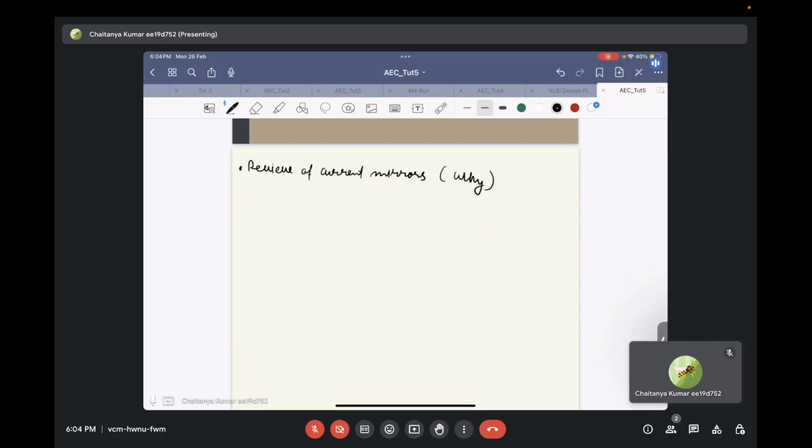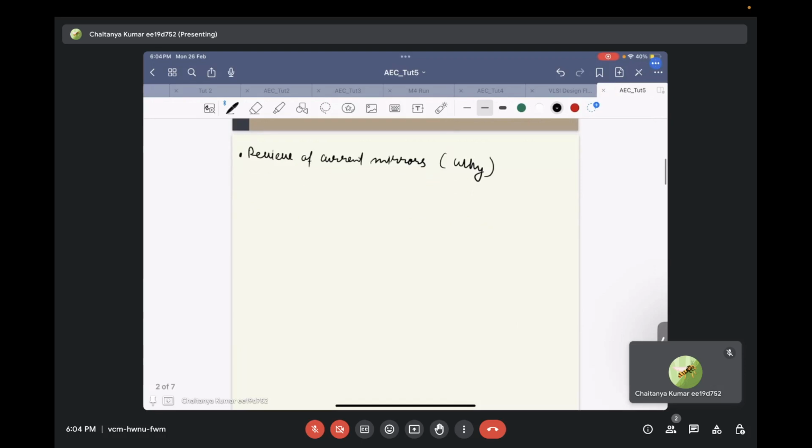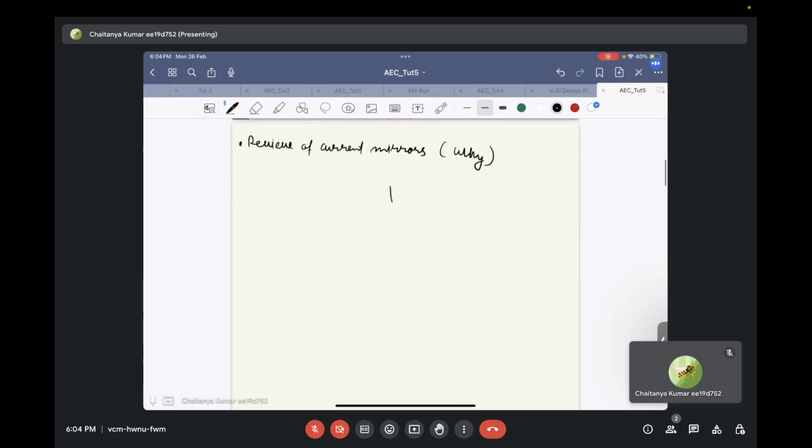So in this session we mainly dealt with current mirrors, and for the same we will have a tutorial today. We will first of all start with a review of current mirrors, as to why we need current mirrors. As we discussed previously, let's say